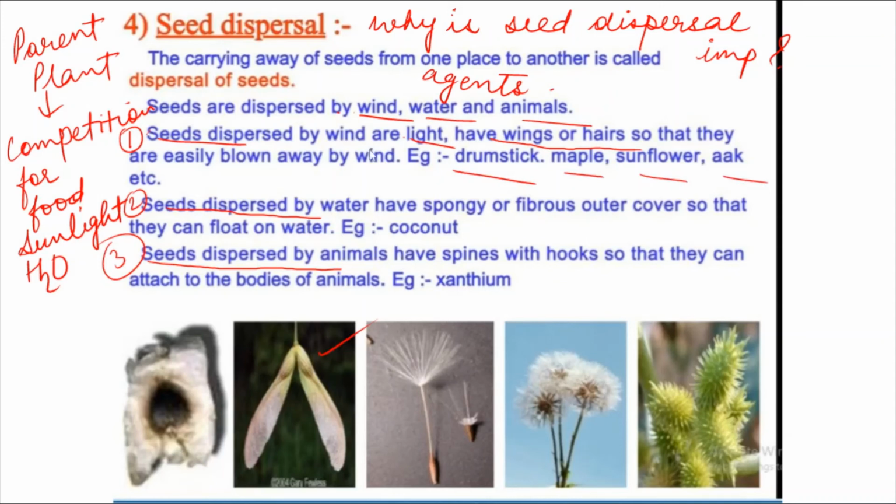Okay. Now next is, children, seed dispersed by water. As you all know, here the agent is water. So it is 100% sure that the tree or plant whose seed has to be dispersed by water must be located somewhere near a water body. So the best example I can give you here is a coconut tree. The coconut tree, which is